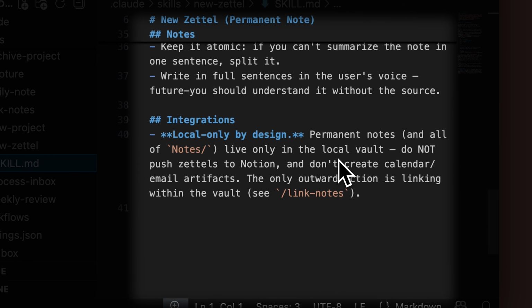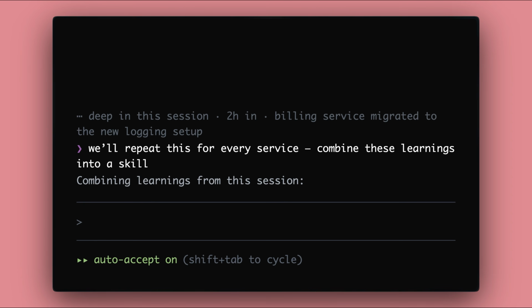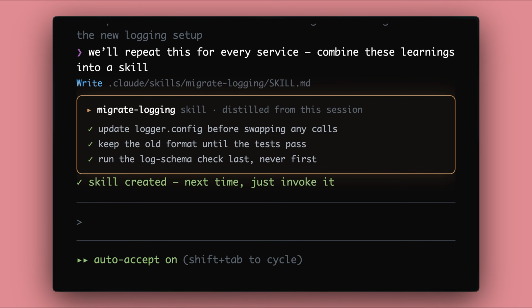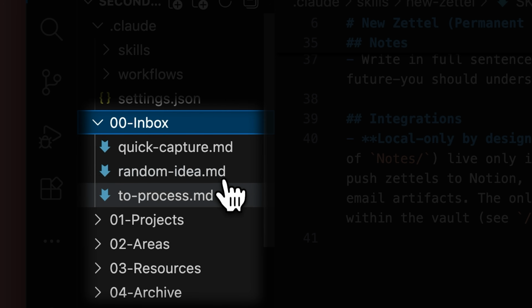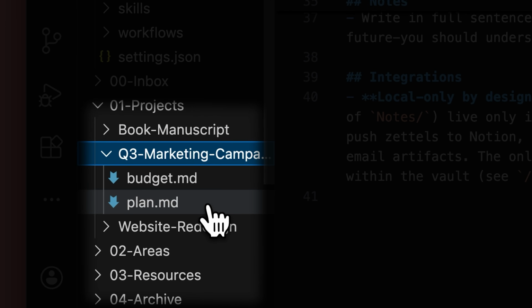Here is the best way to set one up. When you are deep in a long session and realize this is something you will do often, just ask Claude to combine the learnings from that session into a skill. The memory of this OS is all the files you create and maintain in your vault. They record what you do and how you do it. That means it knows more about you than you do yourself, and